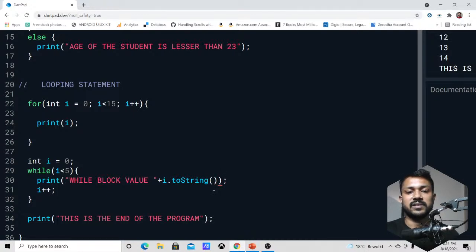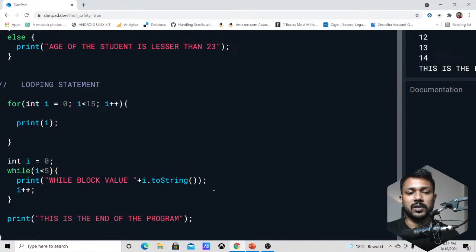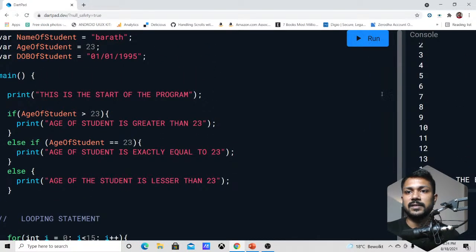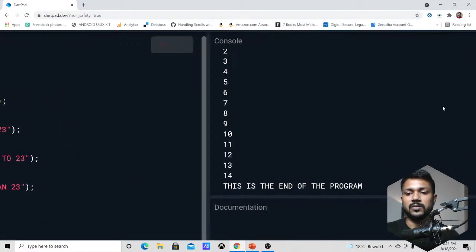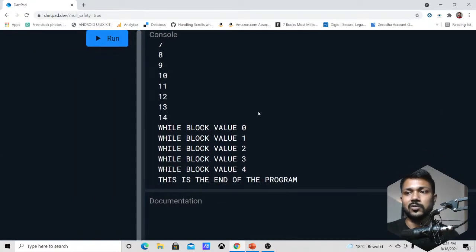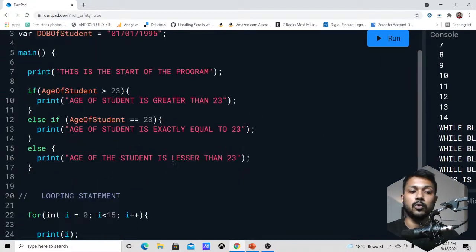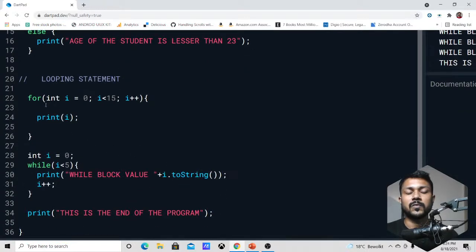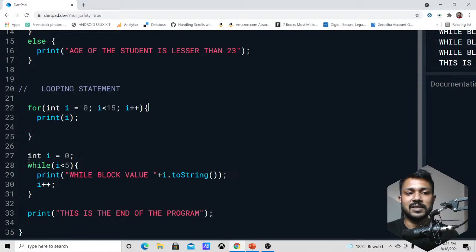And we will see how this while block works. So go here and run this thing up again, and to the right you will see that it's going to be printing the while block separately. So two ways of creating loop statements are available. One is for creating everything on the go itself. This while block, on the other hand, is still doing the same activity, same action, but what additionally it is